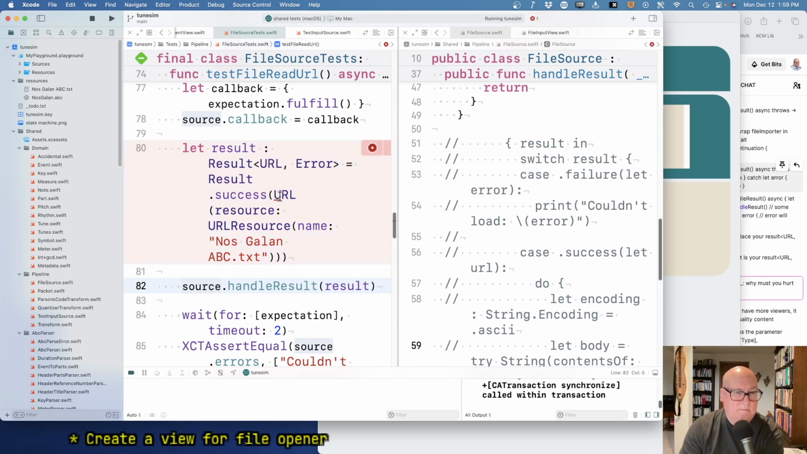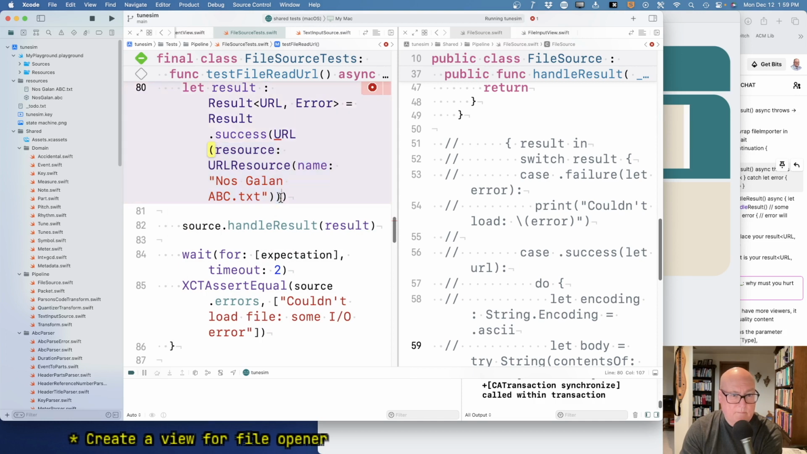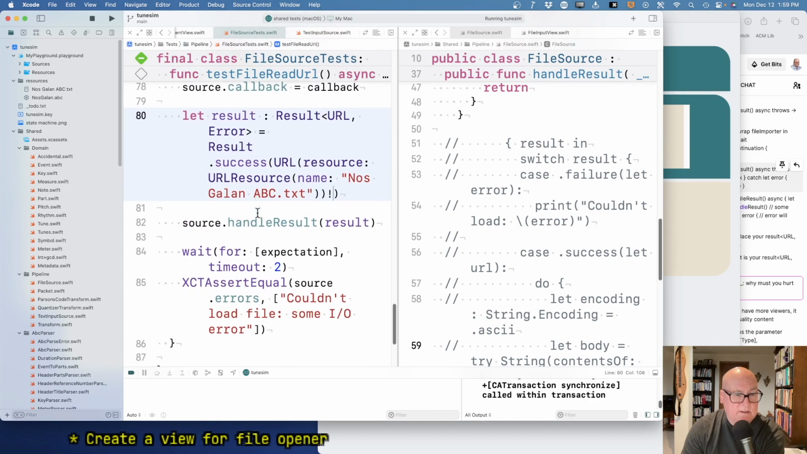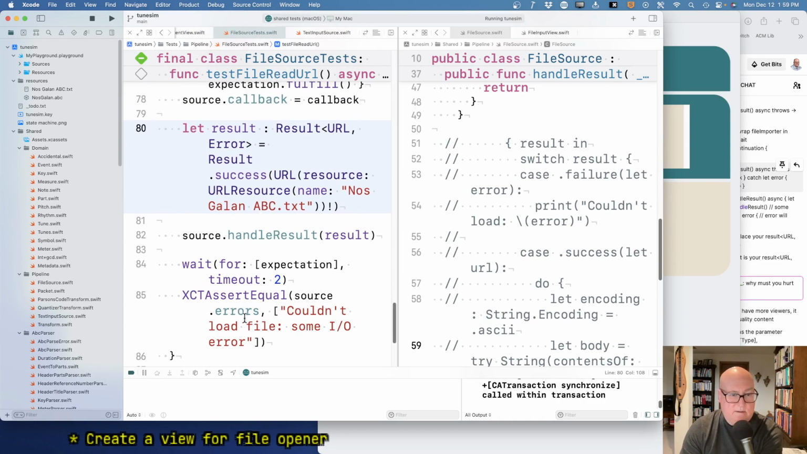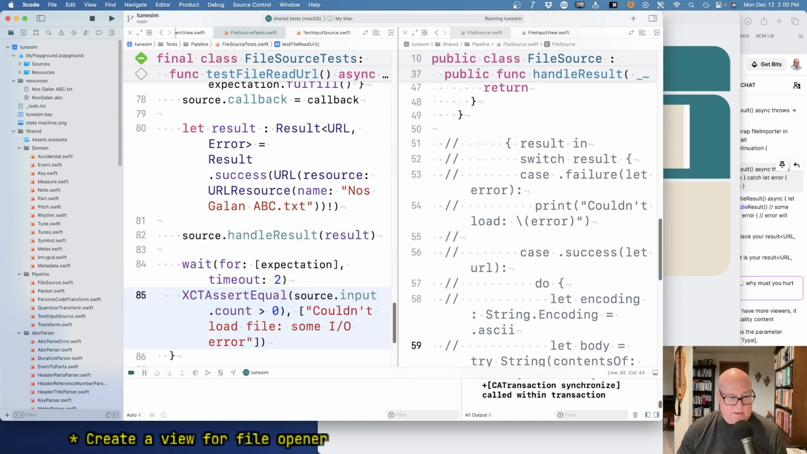Okay. Can I not create a URL? Well, if that fails, the test fails. Okay. Wait for expectation. Yes. And then source.input.count greater than 0. Let's say some source gets read. I'm not going to worry about